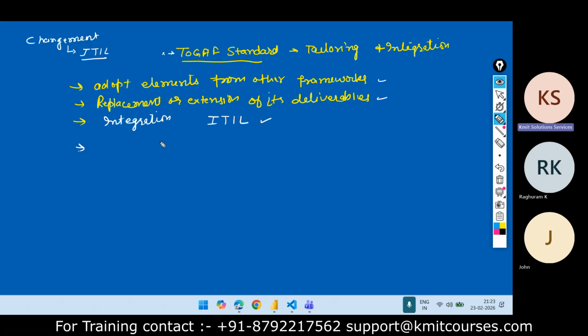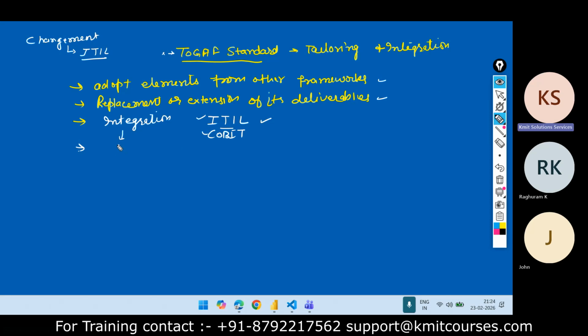Right? Now, which one we need to use? For example, if someone says that I want ITIL, there are some others, COBIT is also one of them. So if someone says, I want to use COBIT, someone says, I want to use ITIL, whatever is suitable for your organization level, according to that, you need to do the integration. All right.